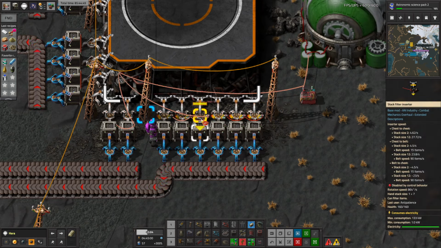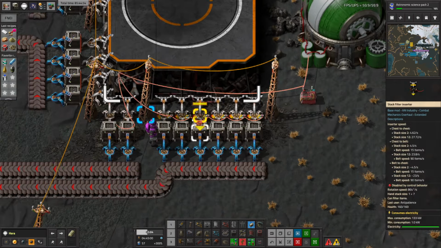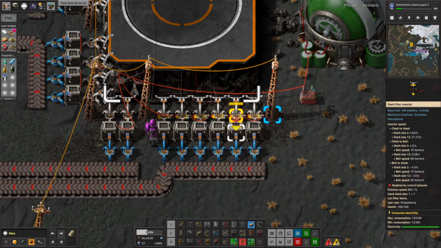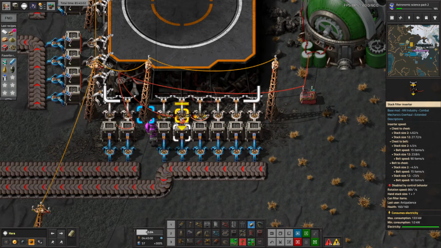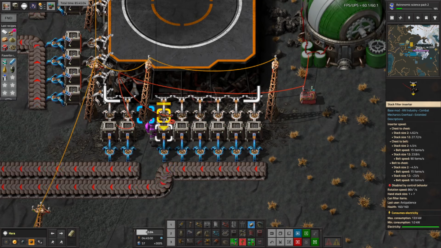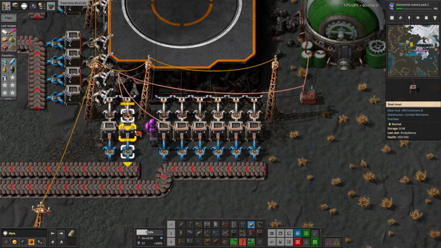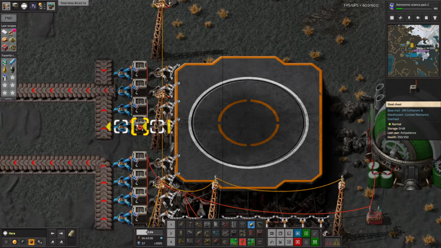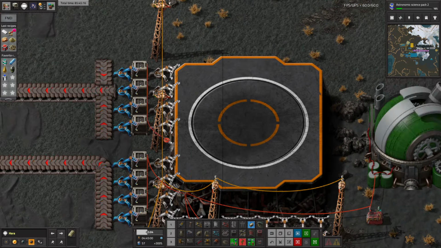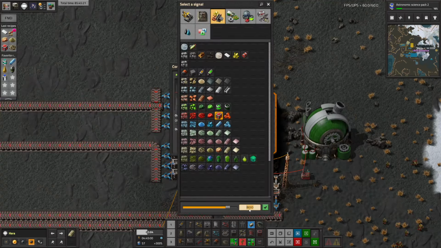Gosh, how are these connected? There we go. Wait. That's wrong. Whoops. I messed this up. The chests are supposed to be connected, not the inserters. 1, 2, 3, 4, 5, 6, 1. Those are connected. 1, 2, 3, 4, 5. Good. 1, 2, 3, 4, 5. Okay, much better. Okay, so now that I have 4 chests worth, let's bump this up to...